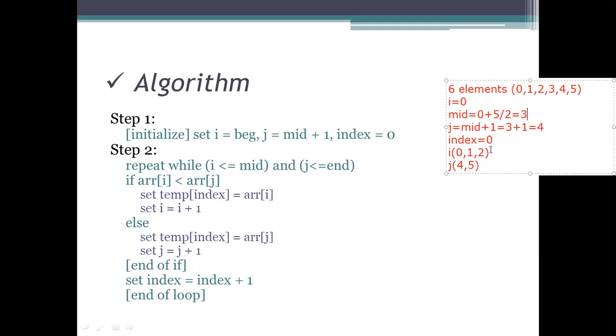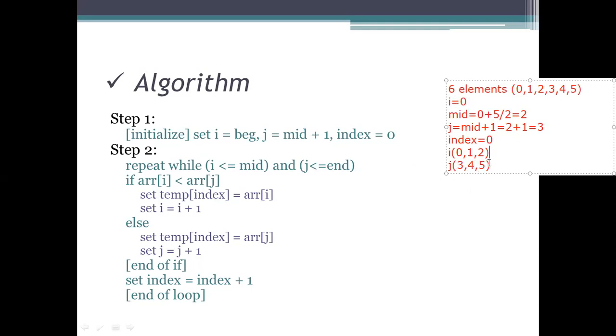If I am not considering the mid value here, we need to take 0, 1, 2 into consideration. Consider it as a floor value. It is a floor value here. It is being considered as 2 plus 1, and the value being chosen here will be 3. Then J will start with 3, 4. So equally partition the 6 values: 0, 1, 2 and 3, 4, 5 will be there. This is the first one.